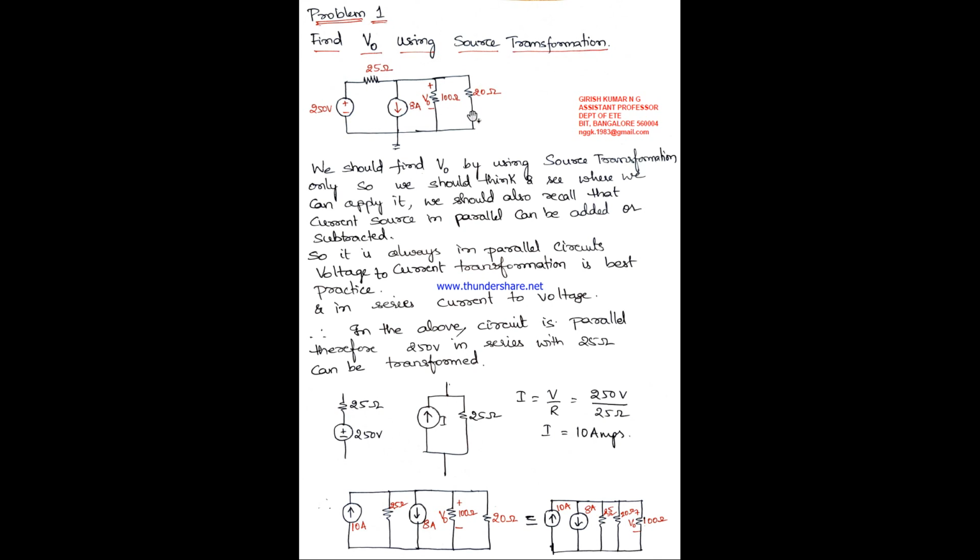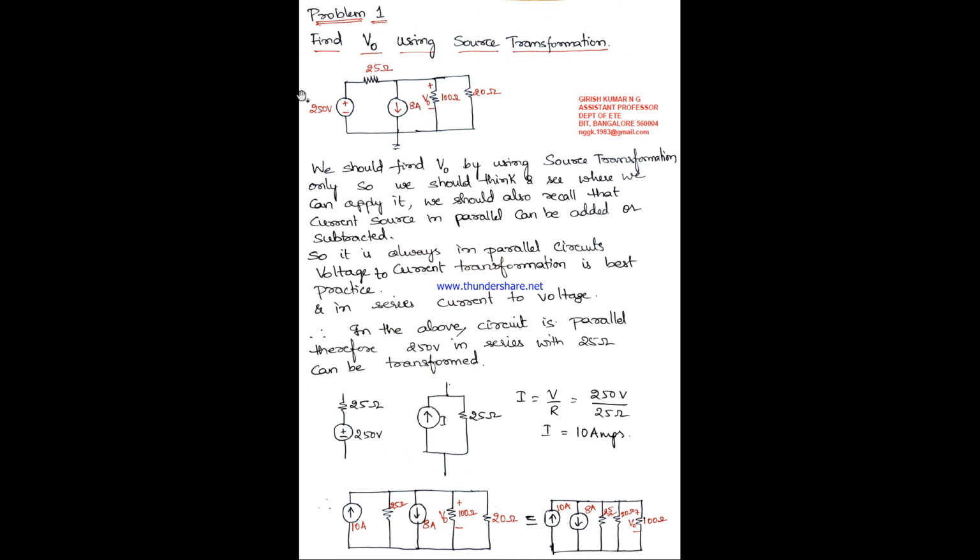So there is no mistake if you take this 20 ohms and put it across the 8 amps and 100 ohms. Take this 20 ohms and connect it here, it is one and the same. If you change the position of the 20 ohms to before the 100 ohms and connect it in parallel with 8 amps, it is one and the same, because the voltage across 100 ohms and 20 ohms is the same, V naught. Okay, but here we need to use source transformation.